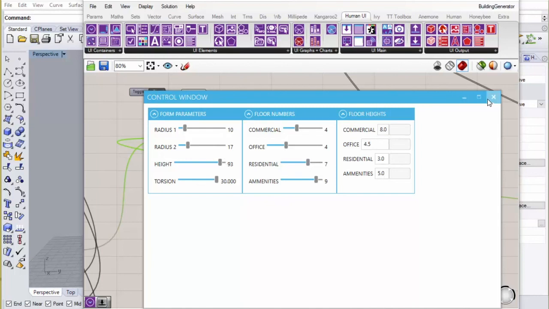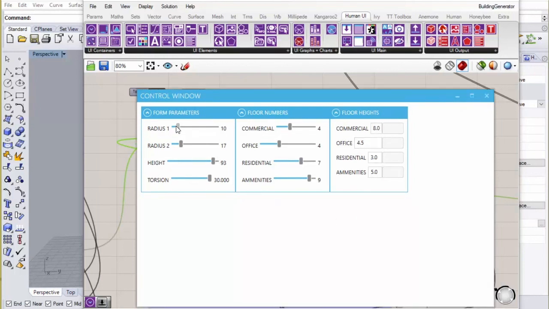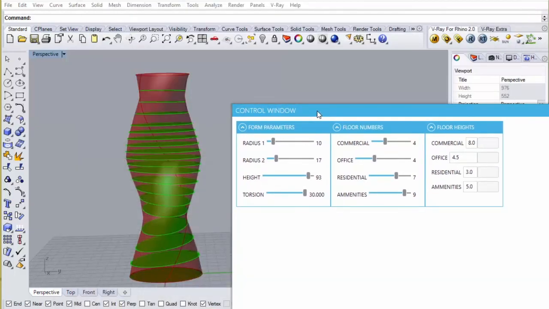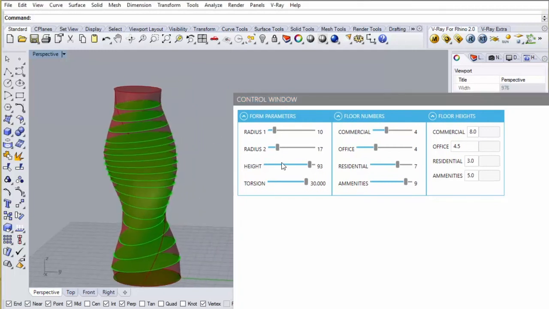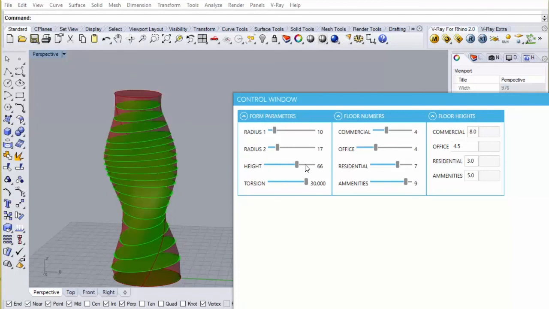So that's how we arrange inputs so that we can create elements in the window and then have those elements feed back into the model and control it completely. And so there's nothing that we can't control about our model from this window.